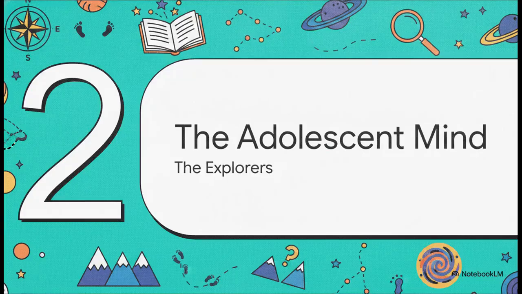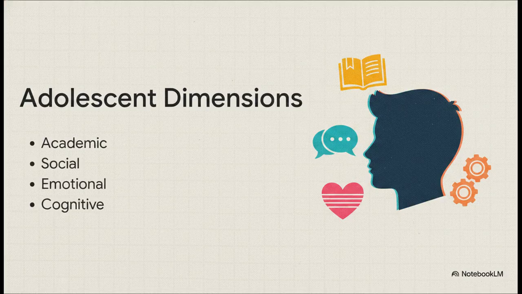Moving right along to section 2, inside the adolescent mind. We're looking at a highly curious, intensely energetic group that we can really think of as the explorers. We can fully understand these teenage explorers by breaking their development down into 4 distinct psychological and social dimensions: academic,